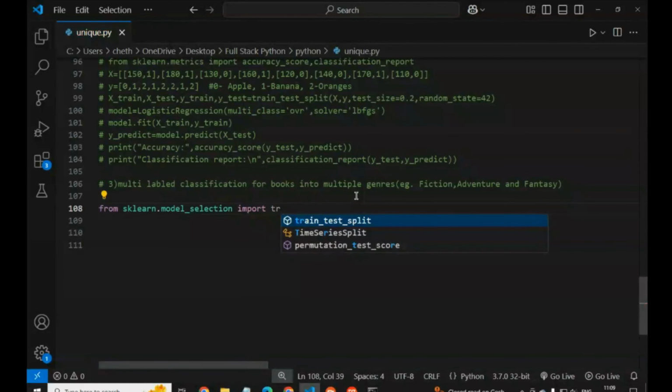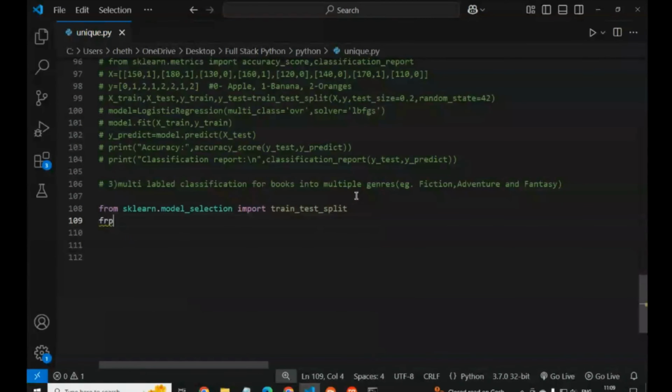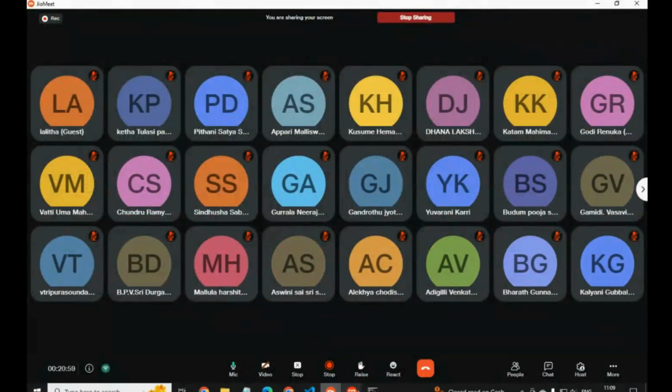train test split. Why do we use train test split, guys?